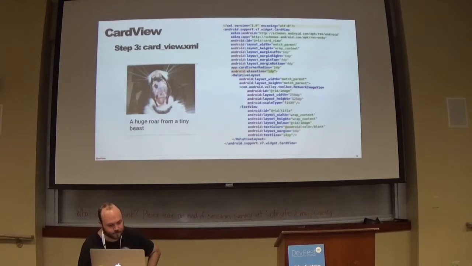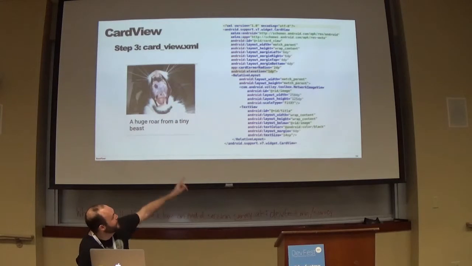Cool. So we're also using Network Image View because I like Volley a lot. It's really easy to use, so I added that for the image, and then the title is just a regular text view. I'm sure everybody's used that before. All right, so once you have that built,